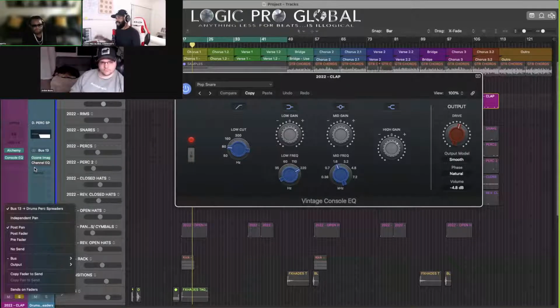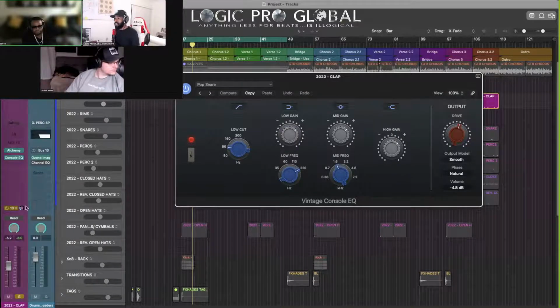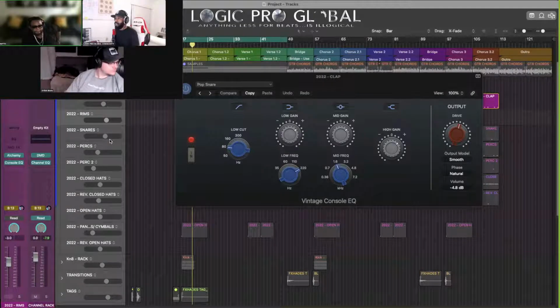But for the clap, snare, and the rims, I give it a little extra width just to give it that slap. Because you, Myth, you say you pride yourself on making sure the claps or the snares, the joints start, they yam. You know what I mean? So yes, sir, I put the spreader on those. So that's the clap. For the perk,